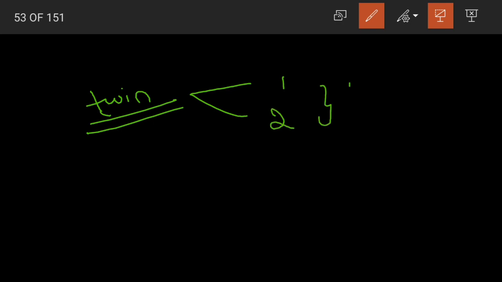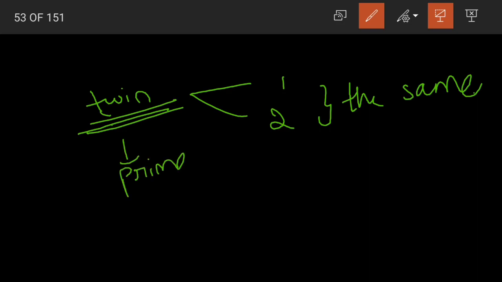First, what does the word twin mean? Who are called twins? Twins are those two people who are born on the same day to a single mother and look the same. Yes, they look the same. Yes or no? So twin primes also belong to the same category. That means they both are our prime numbers. And what should the difference be? Twin means 2, right? So the difference should be 2.